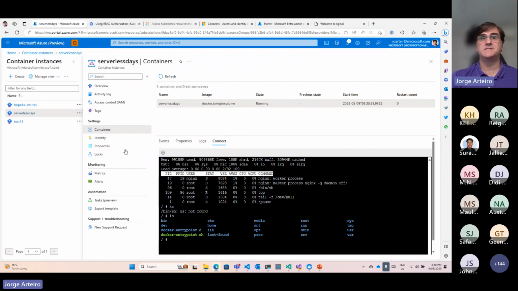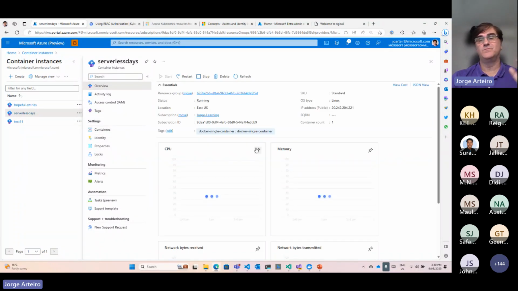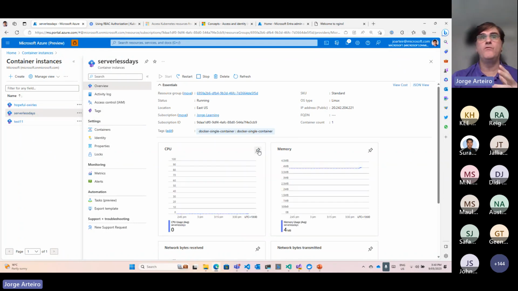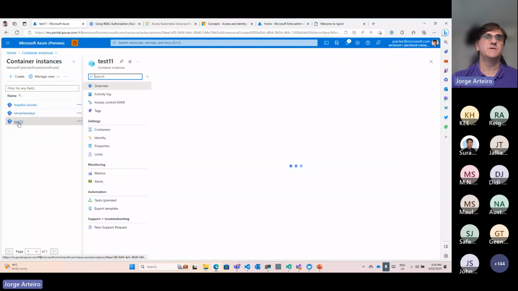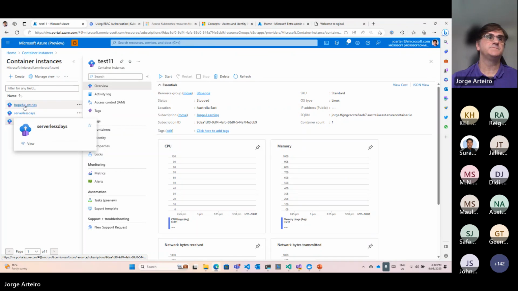And that's the Azure Container Instance. It's very simple. It's very useful for a lot of use cases, like background jobs, even a web application API, anything. And you only pay when it's running. If you stop, I don't have to remove it, I can just stop. If I stop, I don't pay for that. Then, this one's not running, it says it's stopping? And I'm not paying for that.